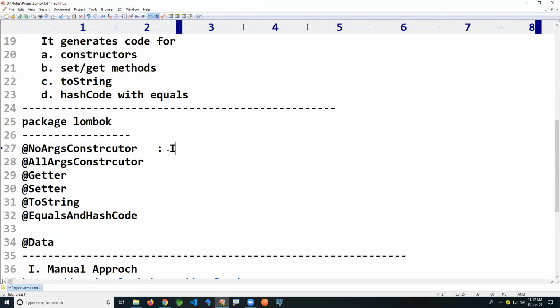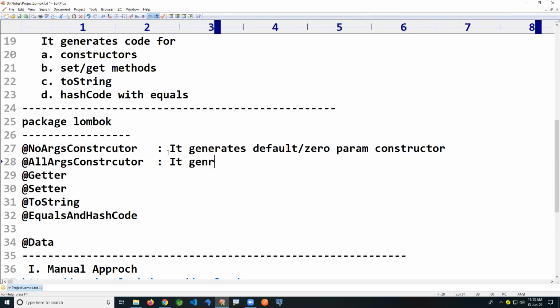The first generates a default or zero-param constructor, and the second generates an all-params constructor.